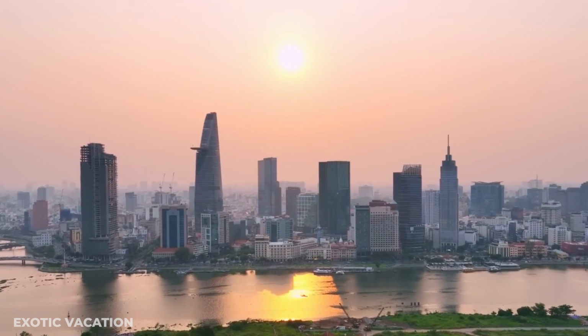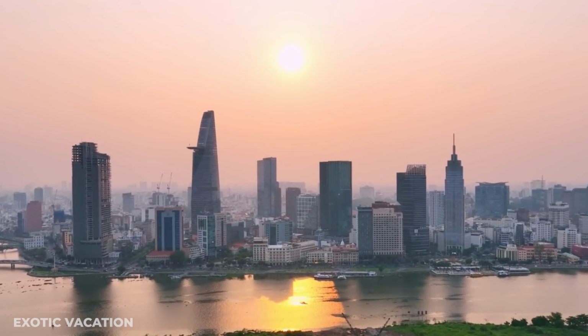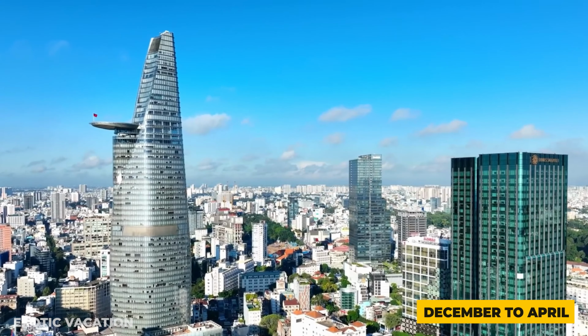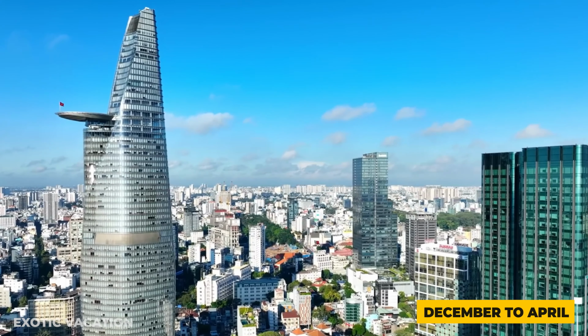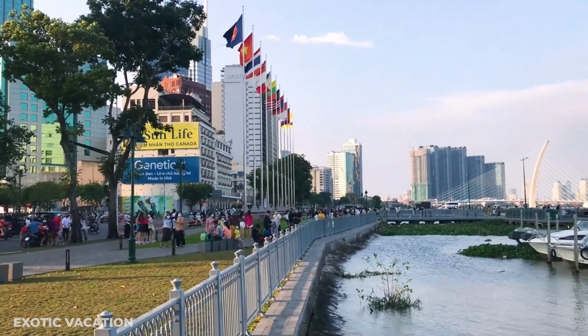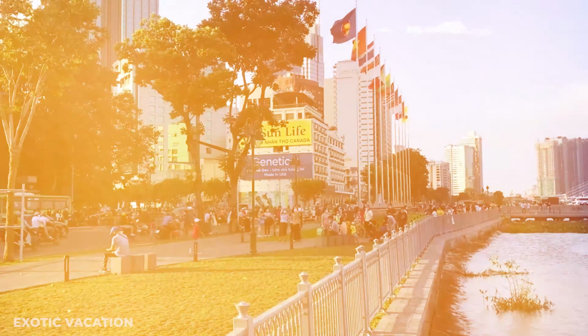The best time to visit Ho Chi Minh City, Vietnam is typically during the dry season, which runs from December to April. During these months, the city experiences less rainfall and more pleasant weather, making it ideal for exploring and enjoying outdoor activities. And there you have it,